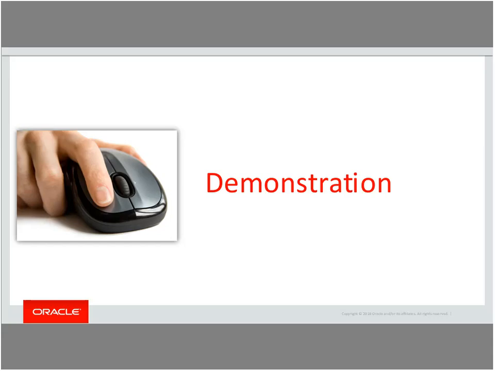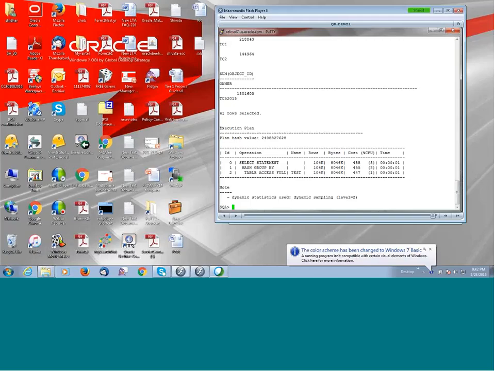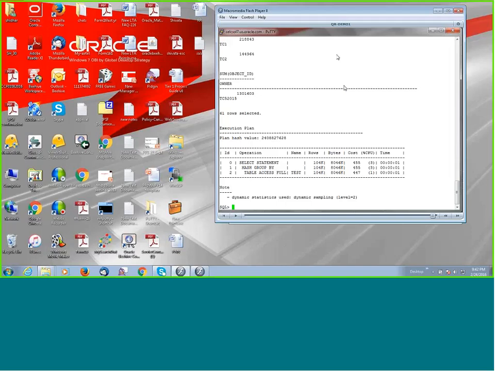This brings us to our first demonstration, in which I will be creating a simple user, and we will try to see how query rewrite is done when there is a materialized view present.